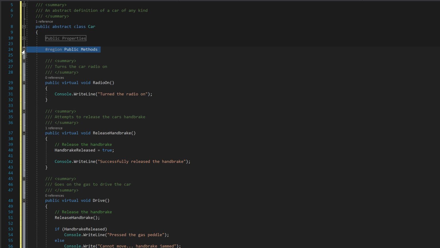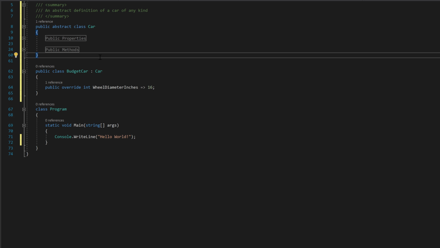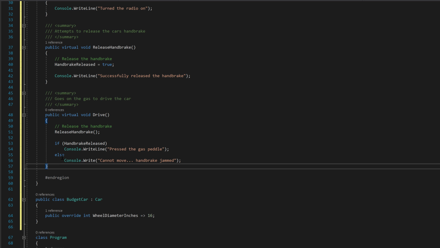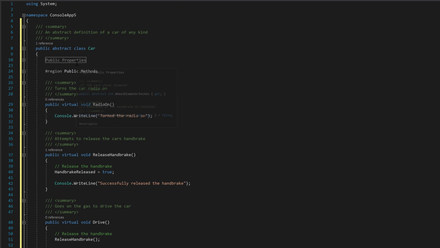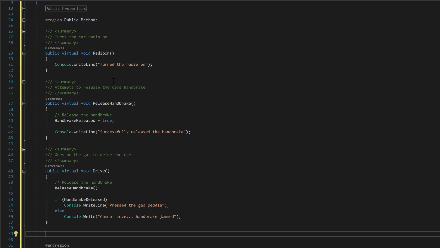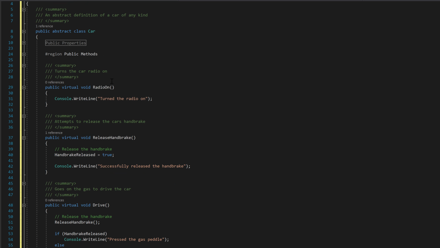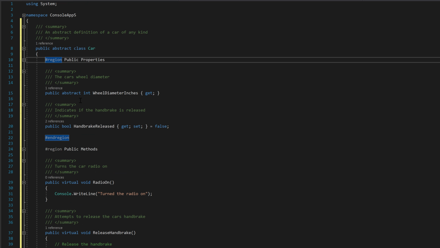So it'll come clearer as we finish more things off in here. So we're going to add another few things. In order to calculate the speed, originally in the slide we had it so that each car was going to calculate its own speed, but really we can calculate the speed of the car by simply having the wheel diameter given to us and everything else is the same. So unlike the slide where we had calculate speed as an abstract, we've changed that to